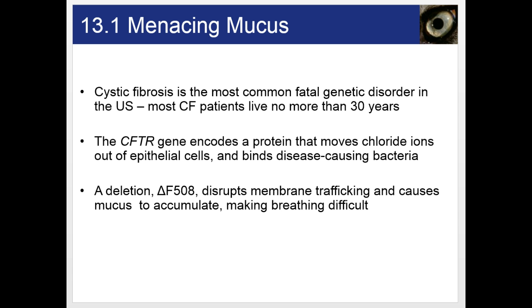And when it does this, water usually follows, and so that makes the surface of the epithelial cells, which cover many of our organs, nice and wet, so that when mucus is sliding by, it actually does slide on this moisture. However, in people who have a mutation called the